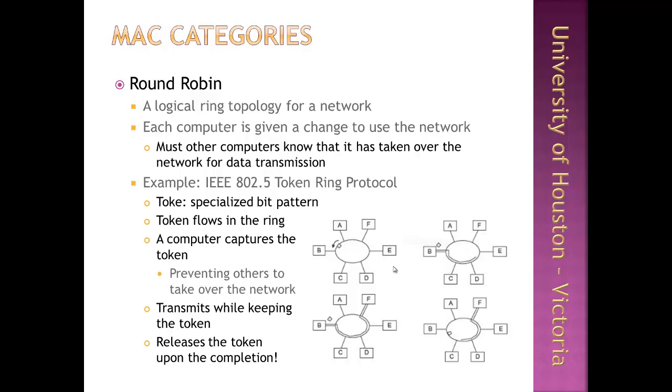In a token ring, token is a special bit pattern and is used to control access. The token circulates around whenever no communication is occurring. So when the network is free, this token basically moves from one place to the next. When a node needs to transmit data, it captures the token, and when it has the possession of the token, it changes the network state from idle to busy and temporarily prevents all other nodes from transmitting any data. When transmission is completed, then the node releases the token and permits other nodes to seize the control of the